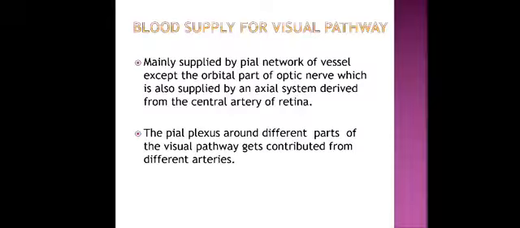These branches of the carotid arteries which contribute to the blood supply of the visual pathway are the ophthalmic arteries, small branches of the internal carotid artery, the posterior communicating artery, the anterior cerebral arteries and the middle cerebral arteries. The arteries of the vertebral system are the cortical, central and choroidal branches from the posterior cerebral arteries. Similar to the brain, the visual pathway is mainly supplied by the pial network of